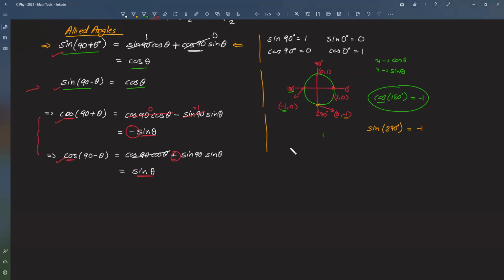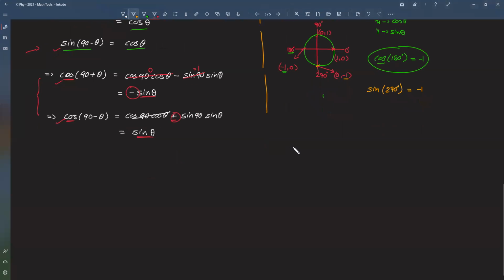Instead of 90, let's try with 180 degrees. So sine 180 degrees plus theta. In maths, most of the time you will be taking angles in terms of pi. In the last class I have given you that mapping as well. Pi is 180 degree, pi by 2 is 90 degree, 2 pi is 360 degree, 3 pi by 2 is 270 degree. So accordingly you manage in the radian system as well.